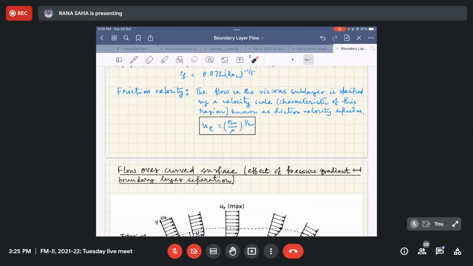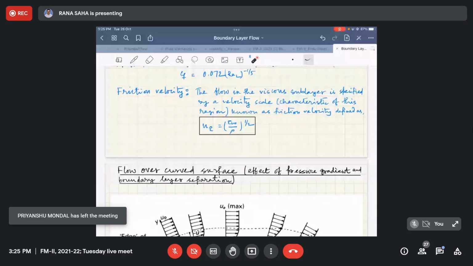Actually, this wall shear stress, as you have seen, will basically be responsible for the force, that is the tangential force due to this wall shear stress, which will act opposite to the motion. That means the very characteristic of this particular force is to oppose the motion. It is actually a detrimental situation